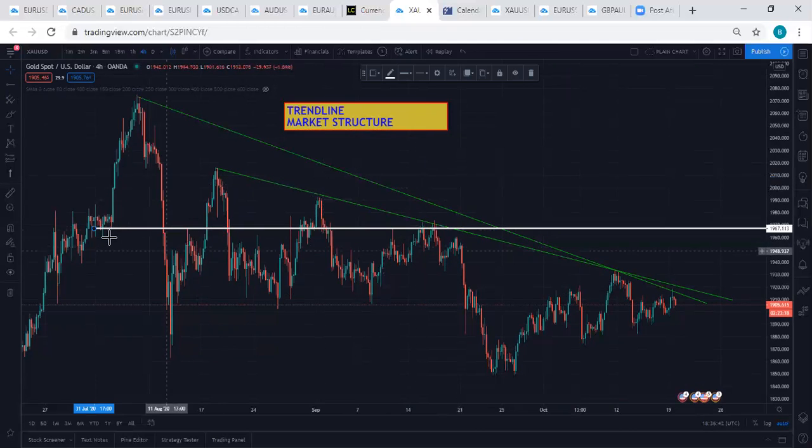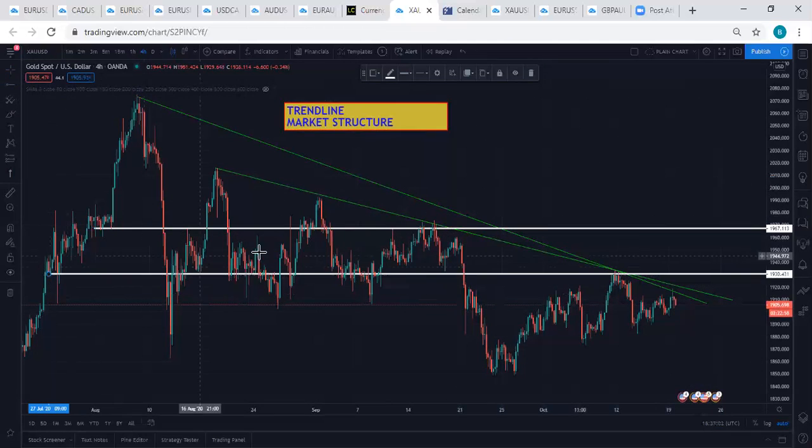Why? Because it is not only a resistance zone, rather than just a line, but also a trend line resistance. Look at it, this other trend line resistance. Let me show you another one. Look at this one here. Look at this, guys. A support here, support here, support here. Look at this, guys. Let's draw another one.